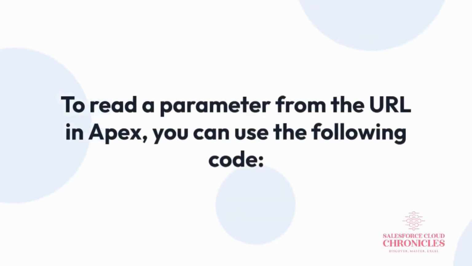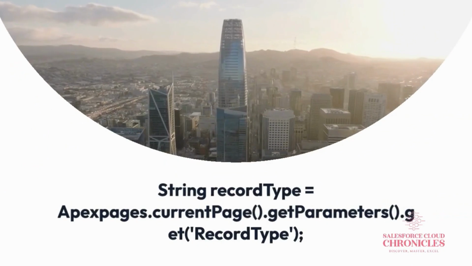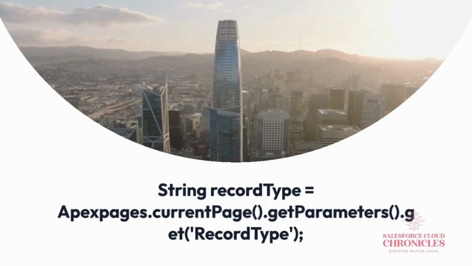Question 35. How to read the parameter value from the URL in Apex. To read a parameter from the URL in Apex, you can use the following code. String recordType = ApexPages.currentPage().getParameters().get('recordType');